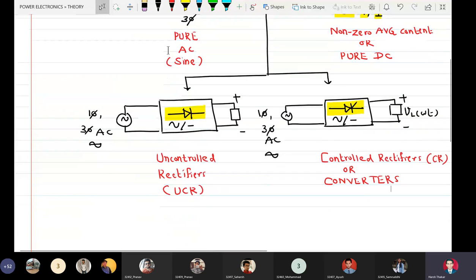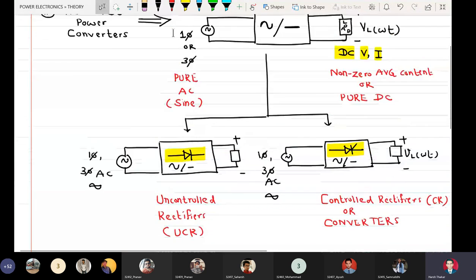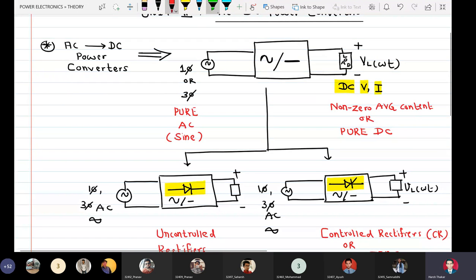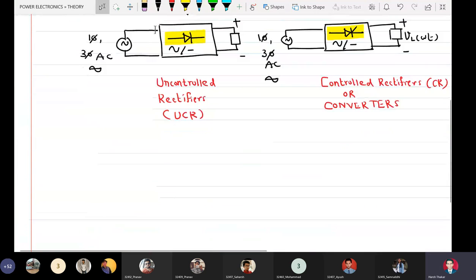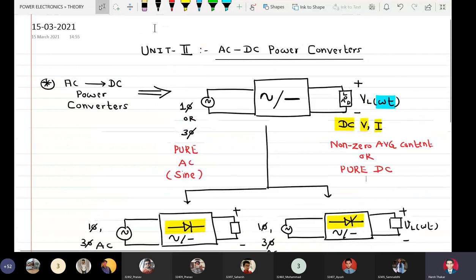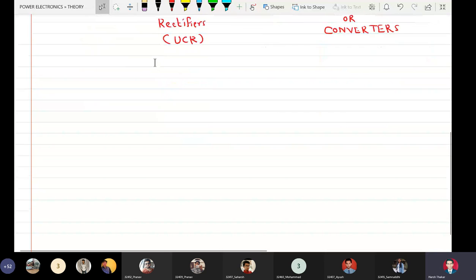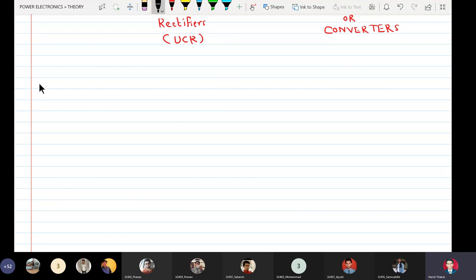It is very much possible that in converters we may not have all the devices as SCRs, but there will at least be one SCR in the system. That is a combination of SCRs and diodes. An important thing to note is that in these systems the load voltage is referenced to a time scale which is omega t and not simply t. That is why the second important concept which comes to mind is which are the common terms we are going to use in all the circuits we are going to discuss.